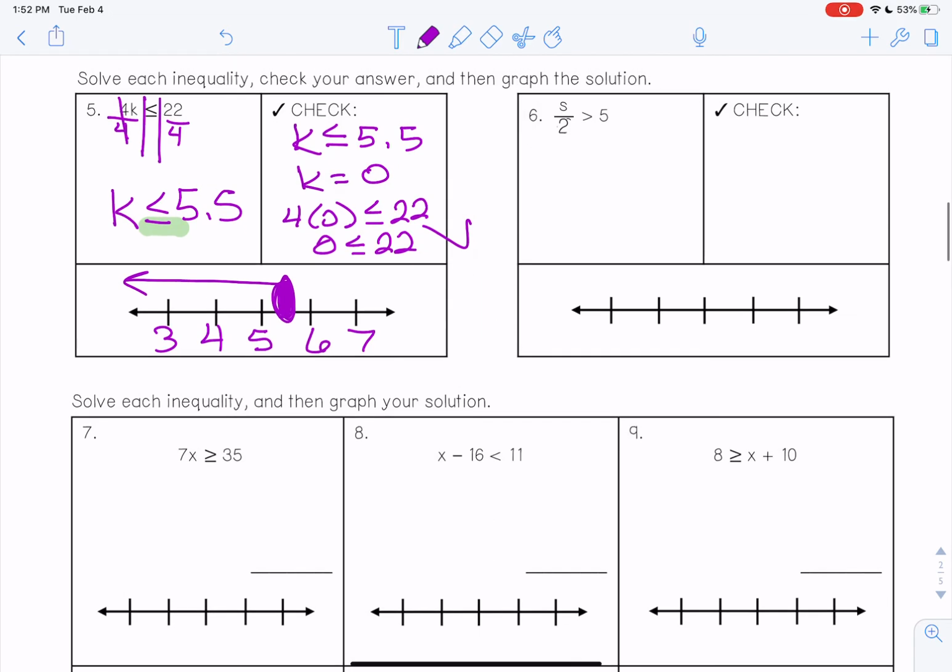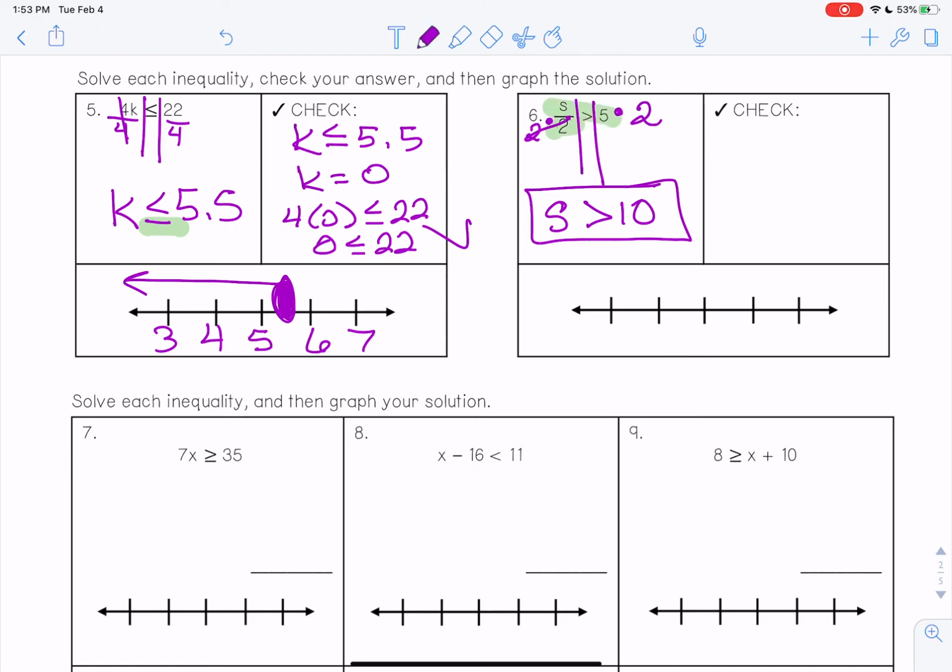Now, for number 6, draw the river. This is S divided by 2, so the opposite would be to multiply both sides by 2. These cancel out, and I get S is greater than 10. Okay? If S is all the numbers greater than 10, and in the original equation we have to divide it